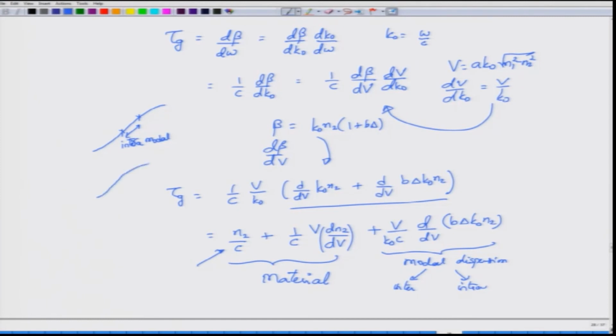But if I have launched my optical pulse such that the spectrum goes over like this, therefore it is propagating in some mode as 0 1, and some portion is also propagating, or the next mode is also excited, then because the propagation constants are different for the 0 1 mode and 1 1 mode, the part of the light that is excited into the 1 1 mode will travel with a different velocity from the part of the light that is excited as the 0 1 mode, and this difference is called intermodal dispersion.